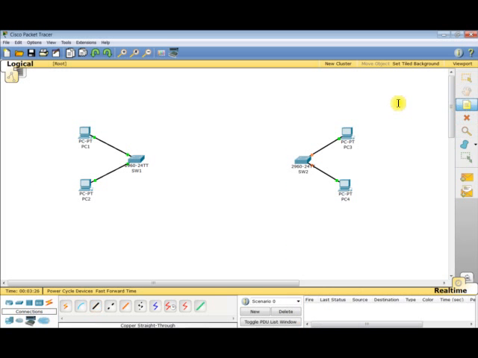So I can use the note here just to specify that this is LAN 1, and here I write LAN 2. Now the second portion of this design, I need to include a router. So now I go to routers, I click on routers here at the left bottom of the screen as you see,